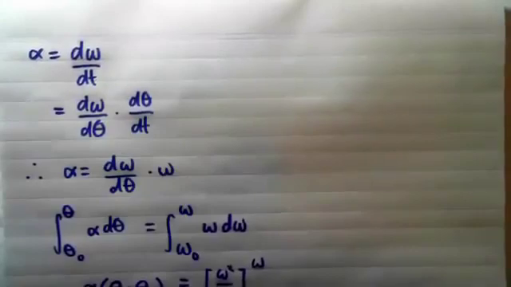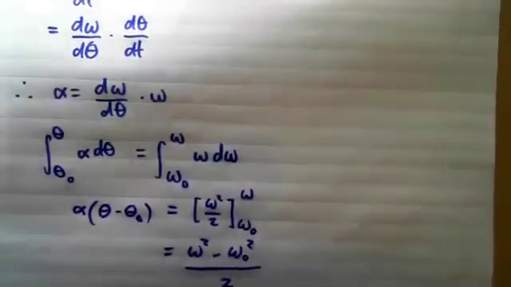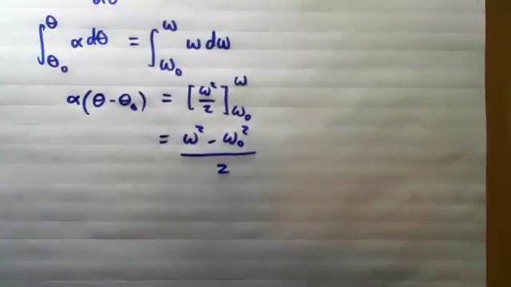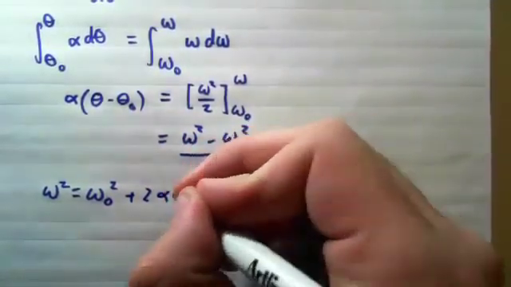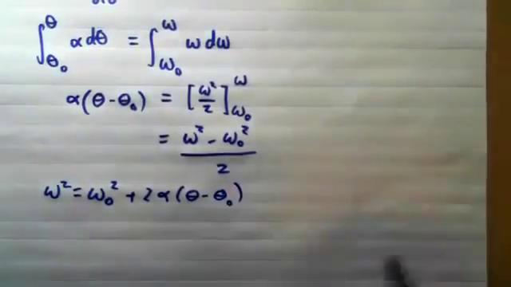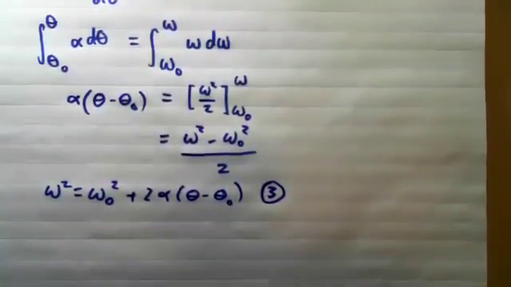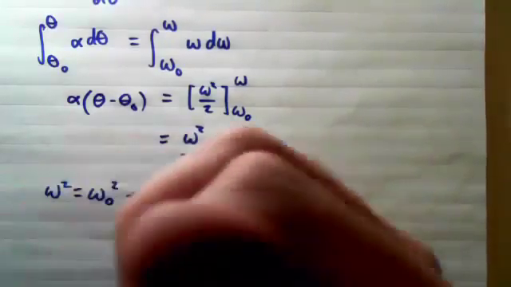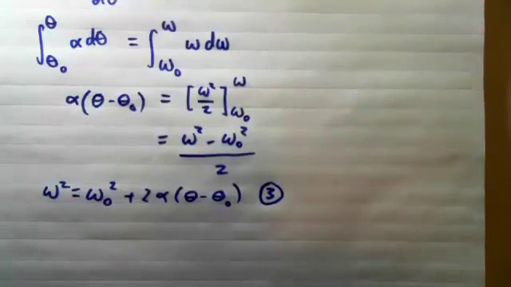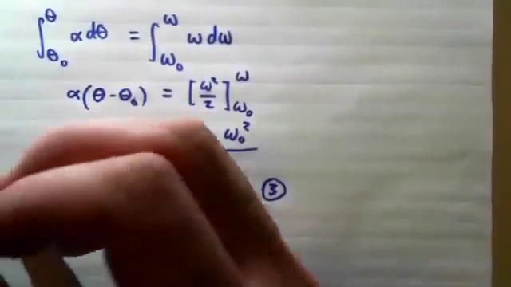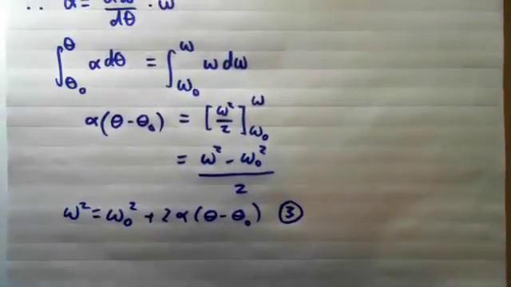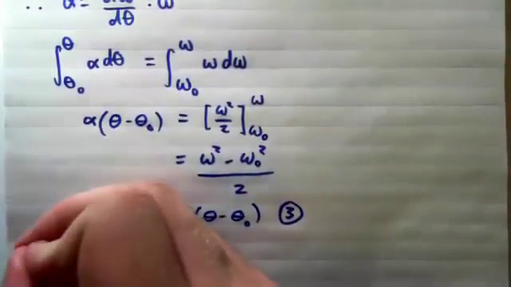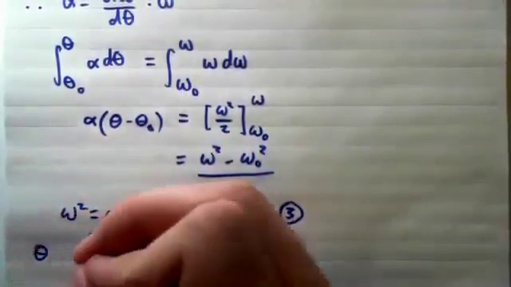And then we'll make omega squared our subject, and we'll end up getting omega squared equals omega naught squared plus 2 alpha times theta minus theta naught, which again is very similar to our third equation of linear motion. Now, say we change around our theta with length, or we'll let it be x in this case, because if we can prove it for one-dimensional axis, we can prove it for all axes. So displacement in angular terms is theta,